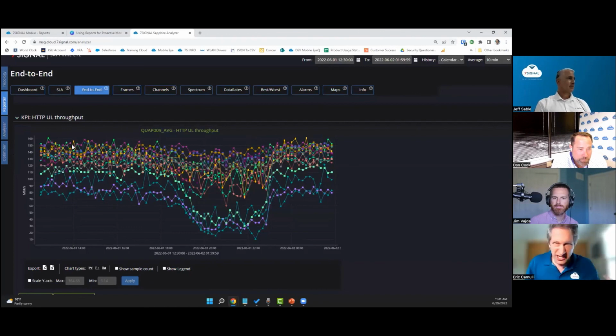So really nice pipe there, right? And then when the event begins, you can see how the upload throughput dips down, but it doesn't bottom out. It dips down to about 10, 20, 30 megabits per second, which is still healthy enough